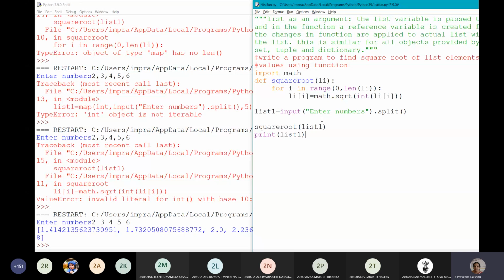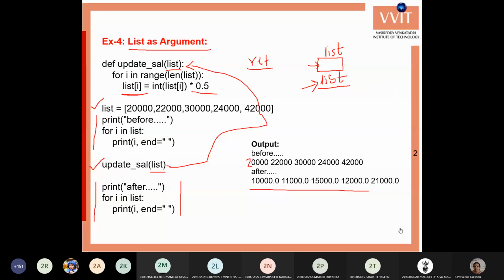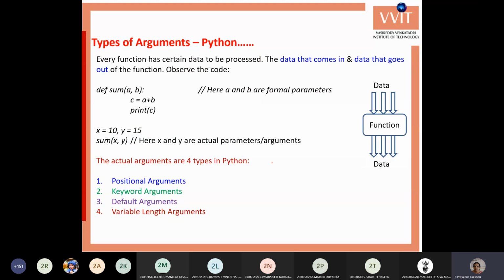Next we will go for the next topic. Next we will see the types of arguments, the different types of arguments that we can use within the functions of Python. Each and every function of any program has different arguments.